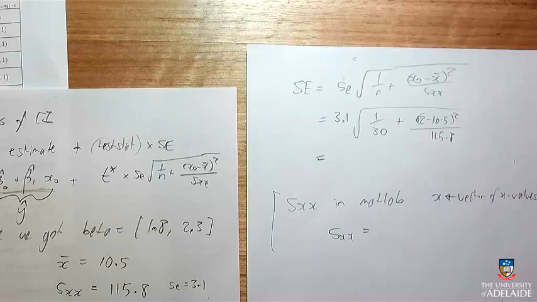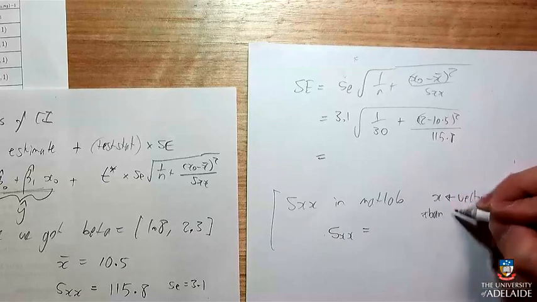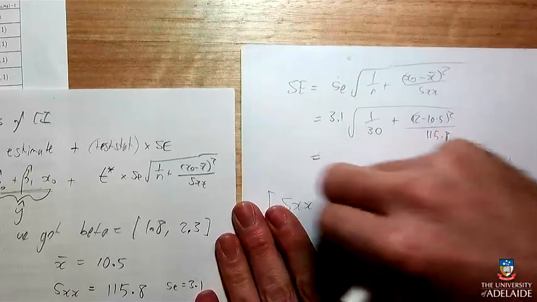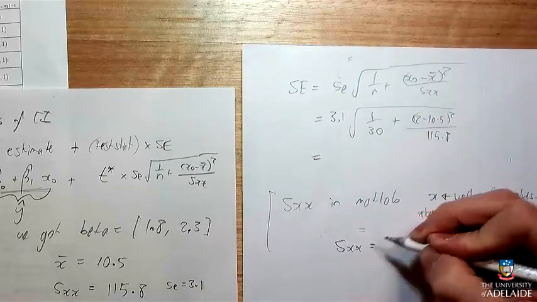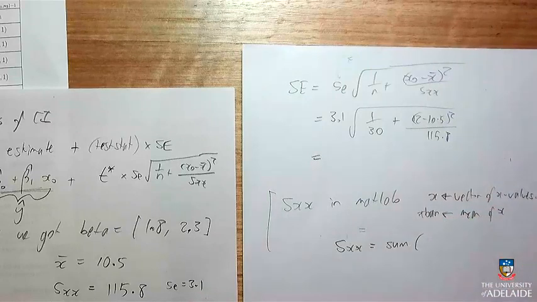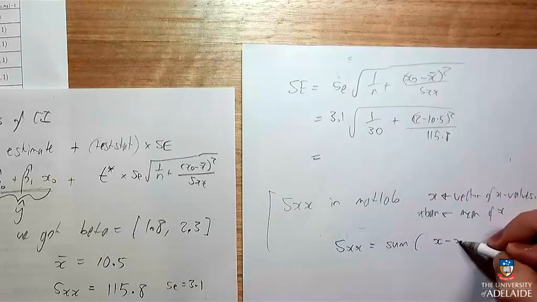Is there a function that does the mean of x all by itself? It's in the notes somewhere. You'll need to figure out what the mean is. And then your SXX will be the sum. I think sum is a thing in MATLAB. Of x minus x bar